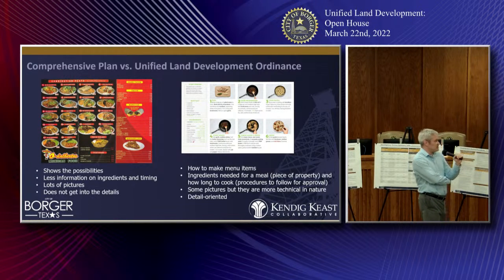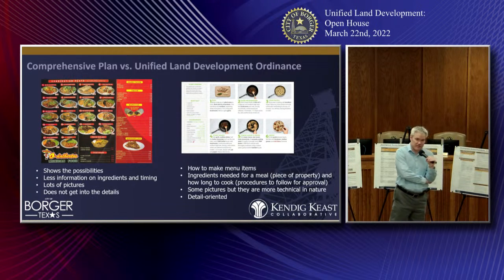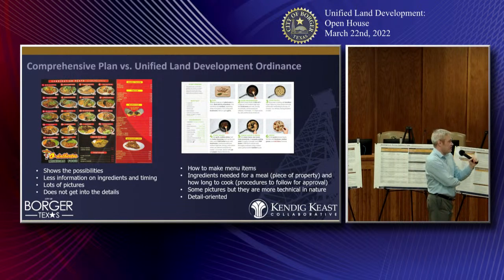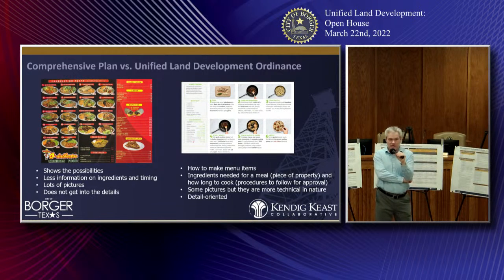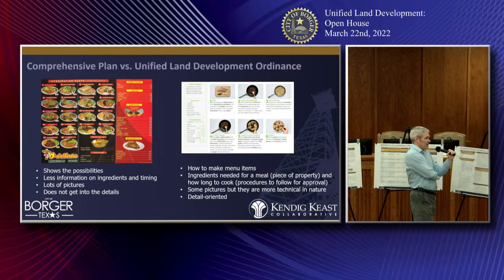So think of the first 3 as sort of like a menu at a restaurant, where there are different meals set up and prices and pictures of them, but there's not any background on how they're made or what goes into them or how long they take to cook. It's just what the person eating there can pick from to eat. But a ULDO is more like a cookbook for that restaurant. It has details. If it were a cookbook, it would be talking about the kinds of ingredients that go into the dish and how long it's cooked and stuff like that.